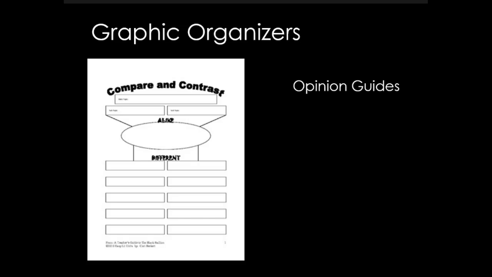This is another graphic organizer for an opinion guide because I couldn't find the one that I normally use. But an opinion guide is really simple. It's what are some important opinions, or important issues, that are going to be raised in the text, and what is your opinion? And then as we read, what are the characters' opinions? And this is a little bit like some of the pre-reading activities we did, anticipating themes. But the opinions that you want them to begin to think about is,